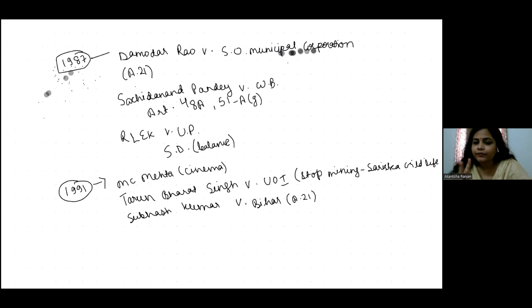Then Subhash Kumar versus Bihar, in which again Article 21 was discussed. Right to life includes the environment. One more case where it was discussed was Damodar in 1987. So these are the cases. Then